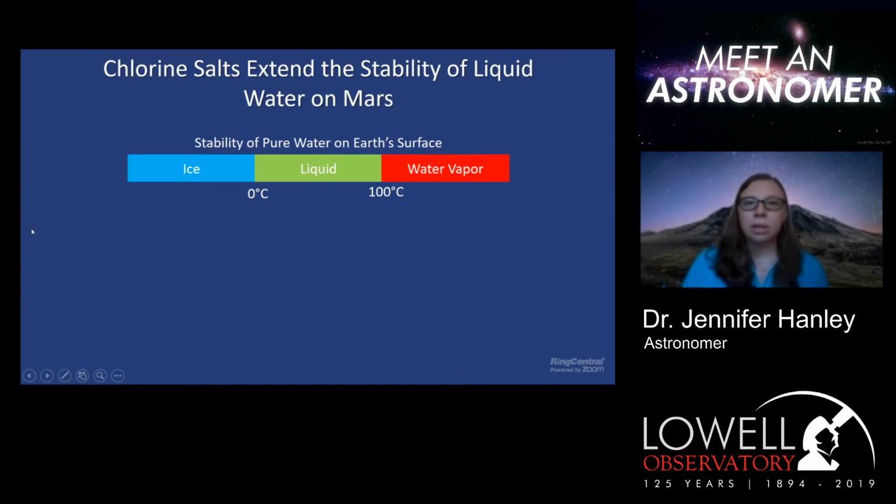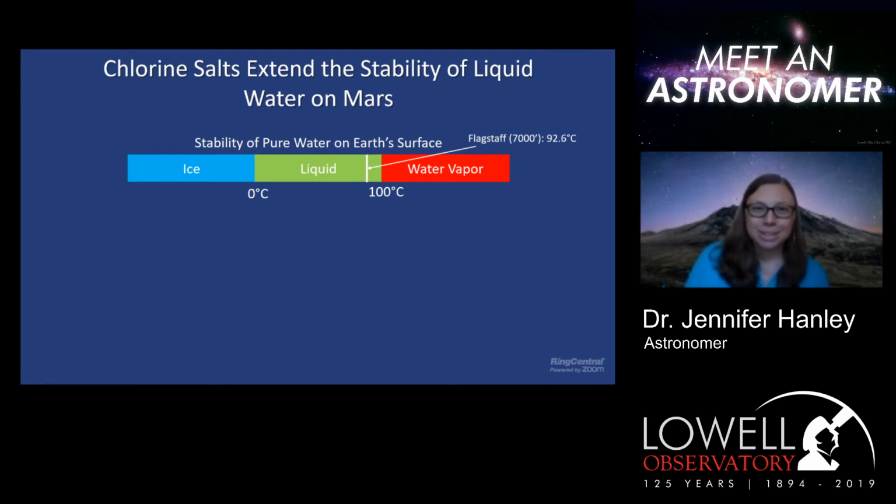And just another way to look at that is from these different diagrams here. So this is pure water on Earth's surface. You see, of course, it freezes from liquid to ice at 0 Celsius, and it boils at 100 degrees Celsius. Unless you're here in Flagstaff, where we're up at 7,000 feet, and this is where that pressure that I talked about on the other phase diagram comes into play. Here in Flagstaff, the boiling point of water is about 93 degrees Celsius,